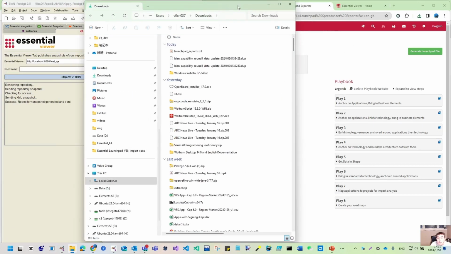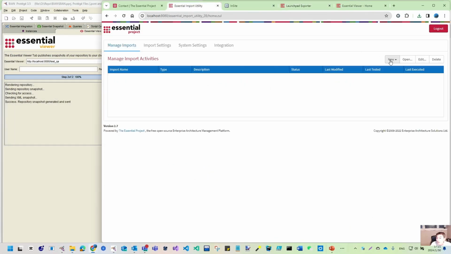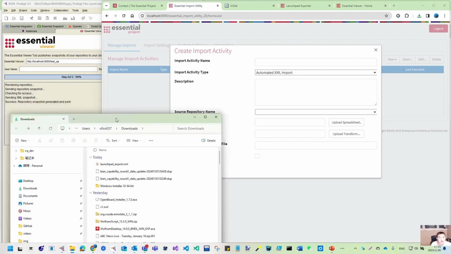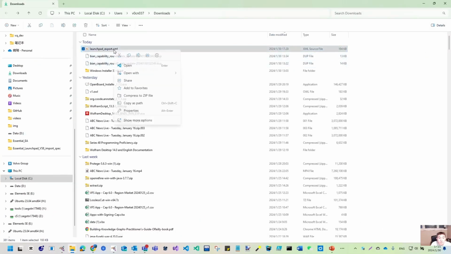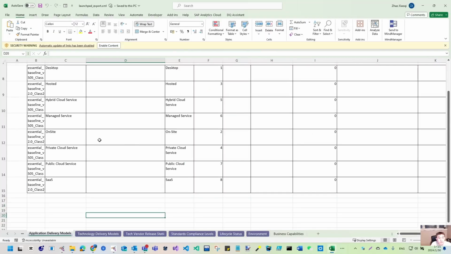For our import, if you want to create an import, you need our Excel file. All of it is import activities. Let's see whether we can directly use the XML file, but you need to right-click and open it with Excel. I hope you still remember how we did